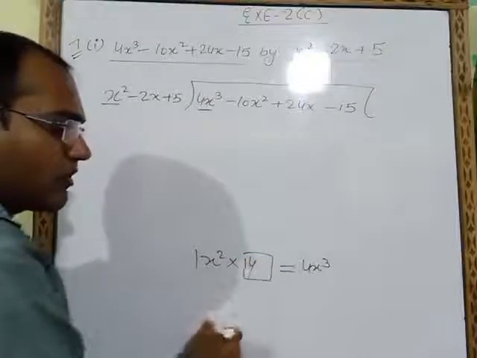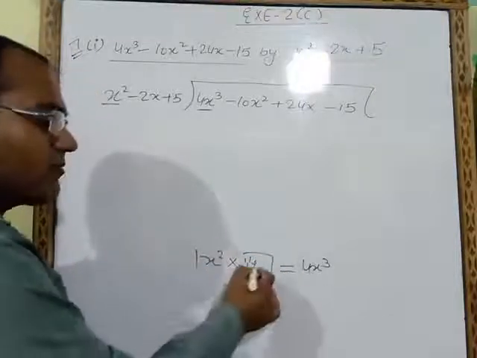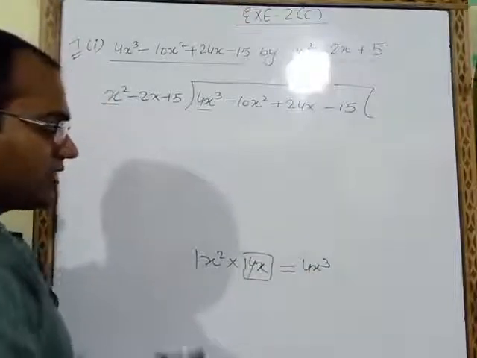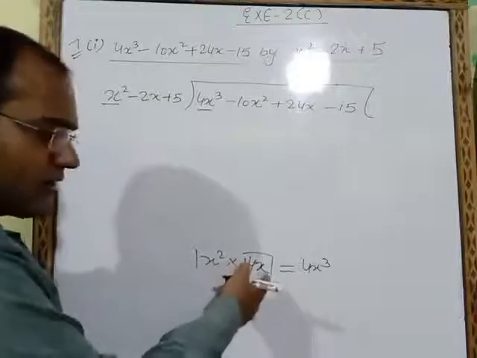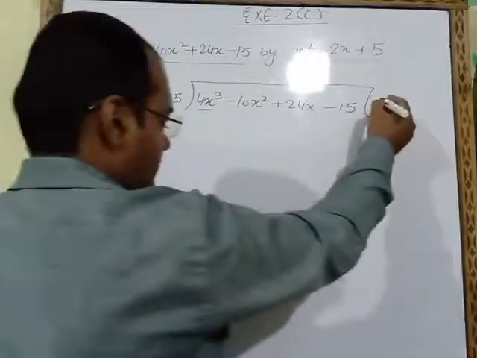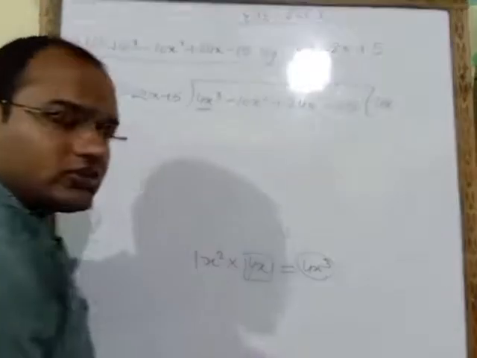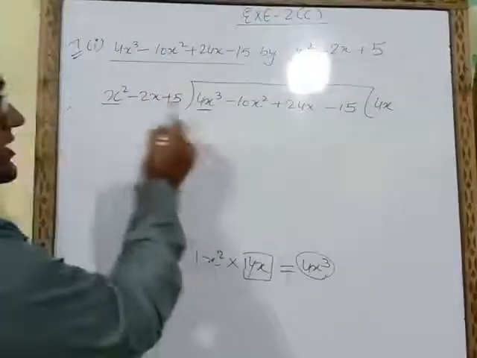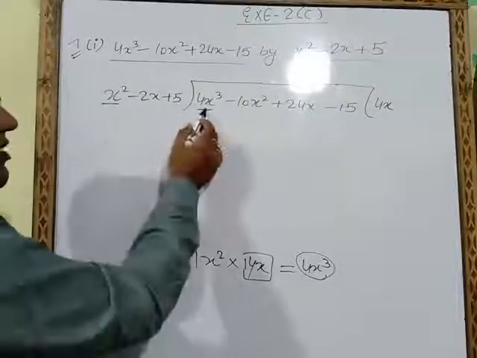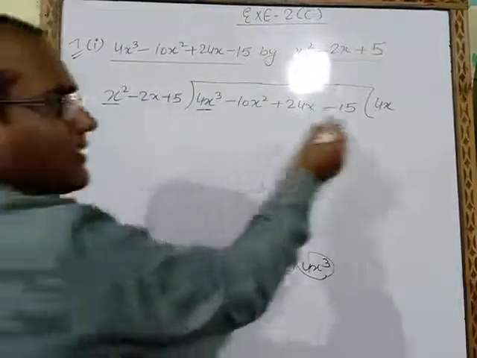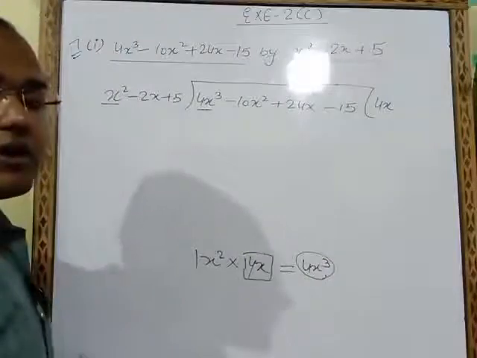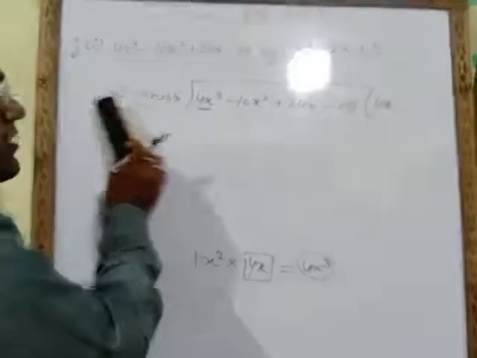1 multiplied by 4 will be 4. x square multiplied by x, we will get x power 3. So what we had done here, x square multiplied with 4x, then we got the answer 4x cube. So here we will write 4x. And in order to check the sign of this 4x, you have to check the sign of these two numbers. What is the sign of this x square? Plus sign. What is the sign of this 4x cube? Plus. So plus and plus is plus. So in the beginning no need to put the plus sign. So this is 4x only. Now what we have to do, this 4x we have to multiply with all the three terms.